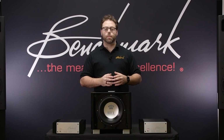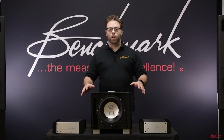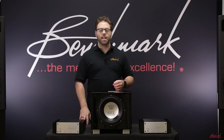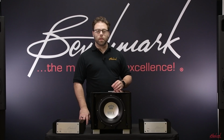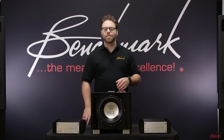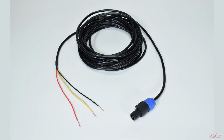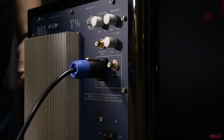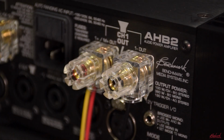Today I want to show you how to set up a REL subwoofer using our AHB2 power amplifiers. REL makes a series of subwoofers which can be connected to the speaker outputs of our AHB2 power amplifier. Here we have the T9X along with a couple of cables that REL was kind enough to send for this video. You'll see one end of the cable is terminated with a SpeakOn connector and the other end has 3 wires. The SpeakOn connector plugs into the subwoofer while the 3 wires go to a corresponding binding post on the